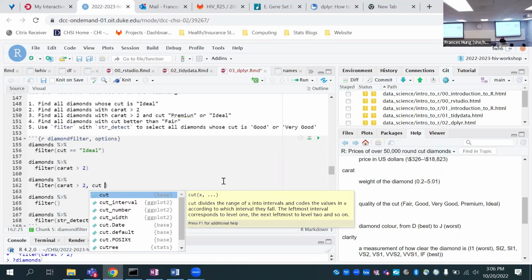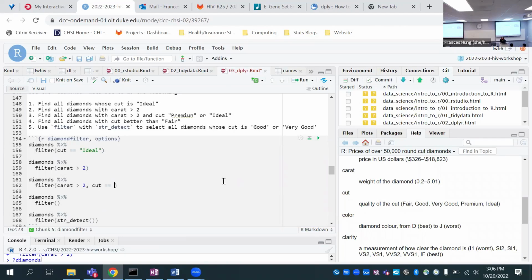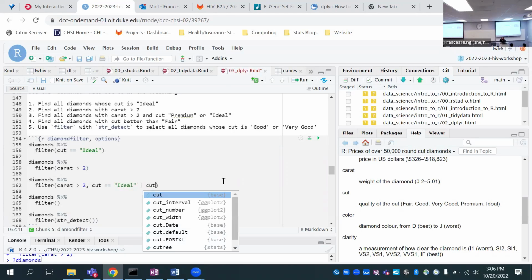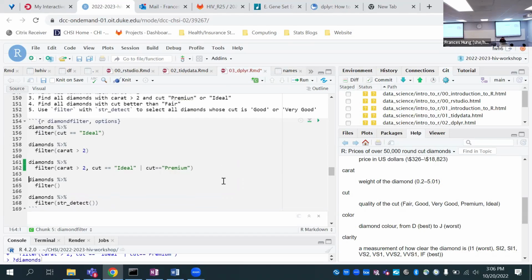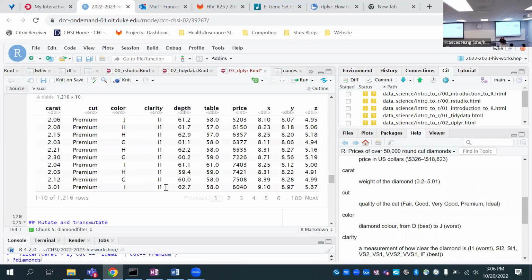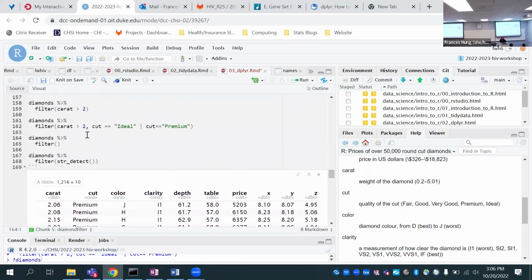Equals. Yeah. So this is one way of doing it. You can do cut equals ideal, or cut equals premium. And that will select both ideal cuts and premium cuts.